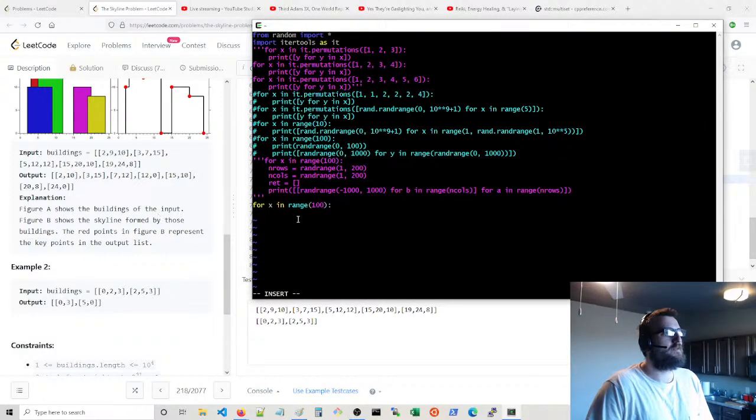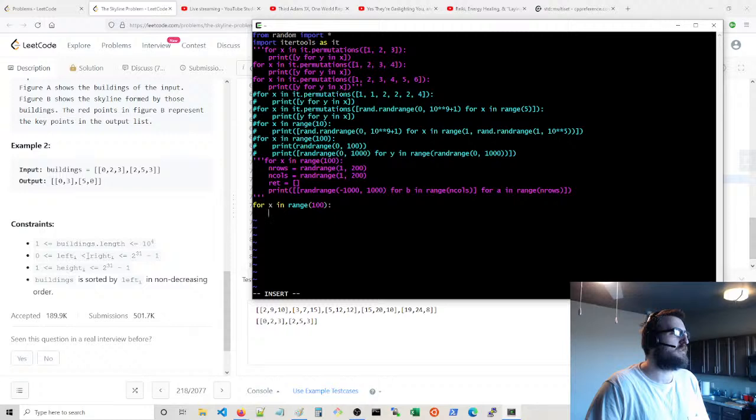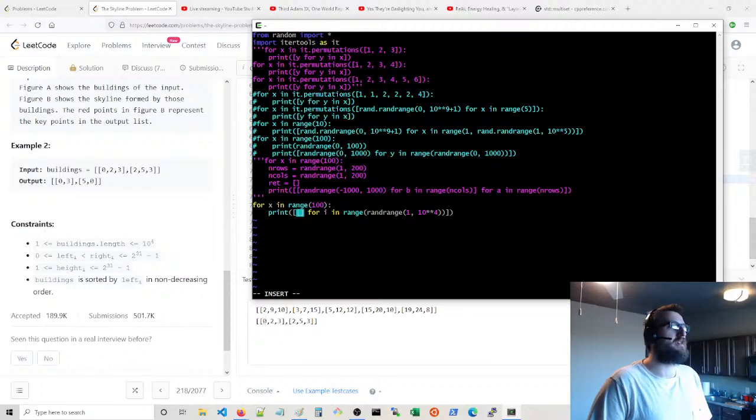All right, they're gonna have how many? So we're gonna print. It's all be on one line. Use list comprehension all the way through. So for i in range, how many buildings are we gonna have? Buildings 10 to the fourth. So 10 to the fourth, and rand range of 1 to 10 to the fourth buildings, right? Now for each building, we're gonna have 3 values. We're gonna have left, right, and height. Okay, so we're gonna have